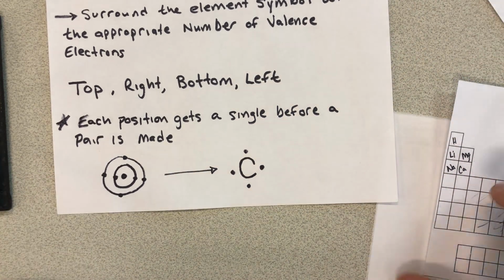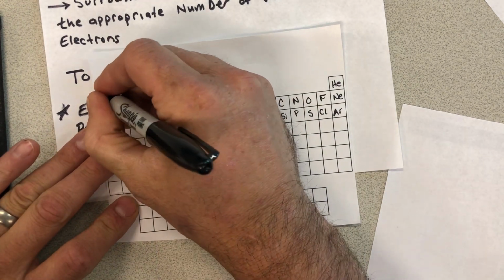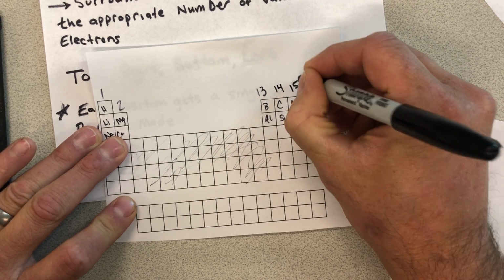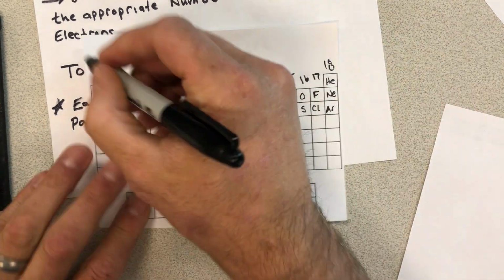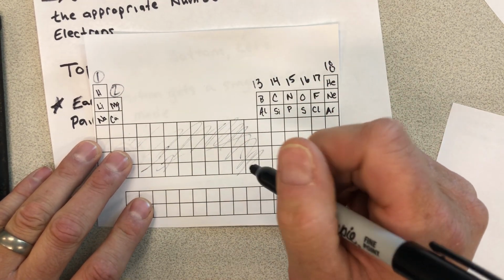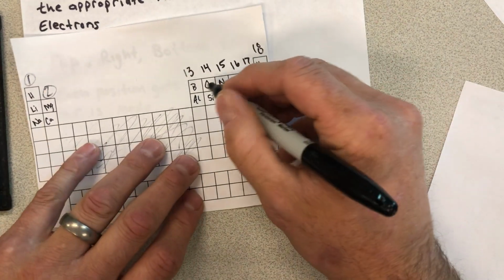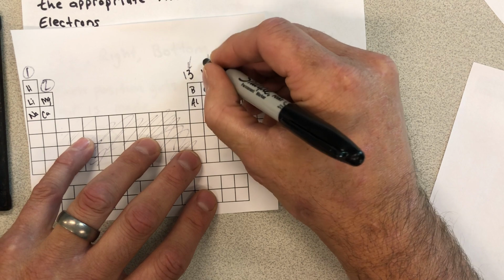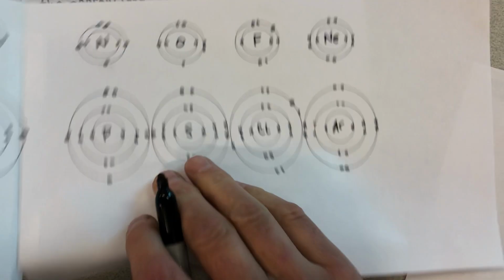And what's really cool about the periodic table, if you think about this, is column number 1, column number 2, column 13, 14, 15, 16, 17, and 18. The numbers at the top of the column are really significant because they tell you how many valence electrons are present in the Lewis dot diagram. In the first 2 columns, it's just 1 and 2. But over here, when we start talking 13 through 18, just think about the number that's not the 1. So 3, 4, 5, 6, 7, and 8. And that's represented here by these